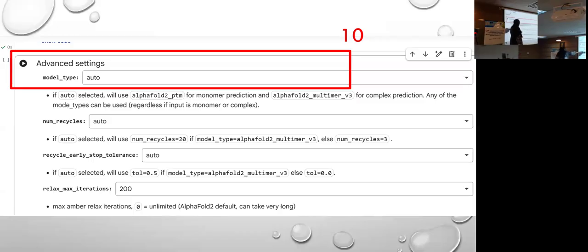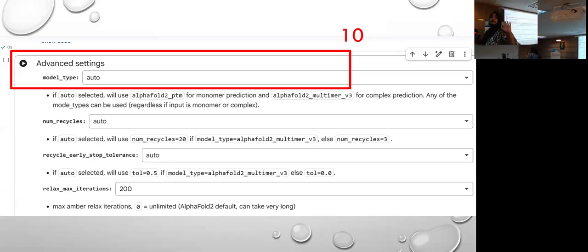Then in the next step, the number of recycles is auto. If you press it, you will see various numbers, 1, 2, 4, 5, maybe 5 cycles. What you are telling the AlphaFold server is how many times to generate the model. If you select num cycles 20, it will generate the model 20 times. 1, generate again. 2, generate again. 3, generate again, and find the best orientation of your protein.